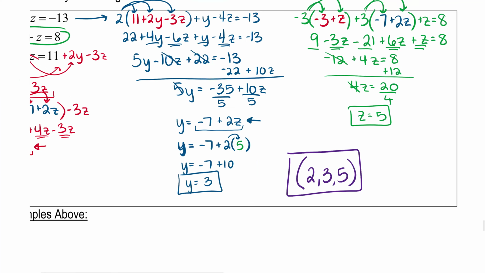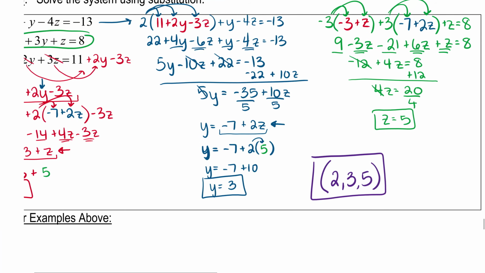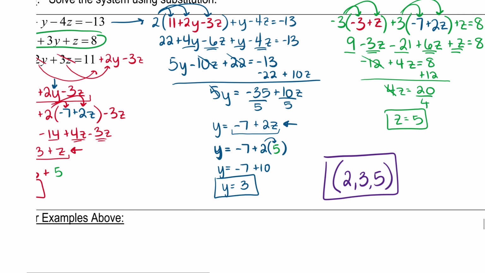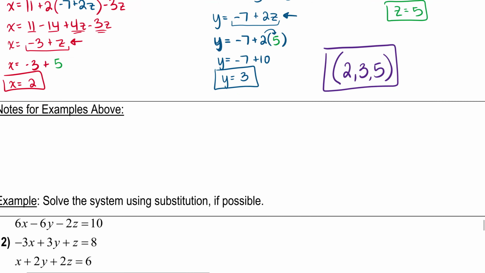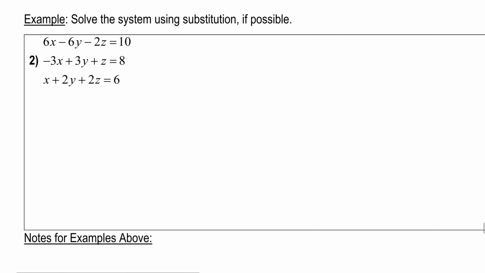And as long as you have the numbers, you're still good, but, you know, if you want to write it the correct way, it'd be with parentheses. And that's how you do number 1. So kind of a long process, not too bad, not too hard, it just takes a while. Okay, so let's do one more of these, but this one has a special situation,